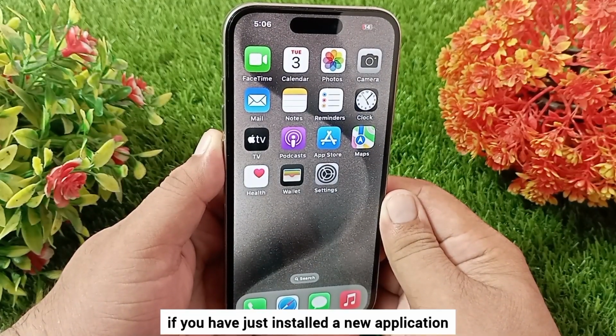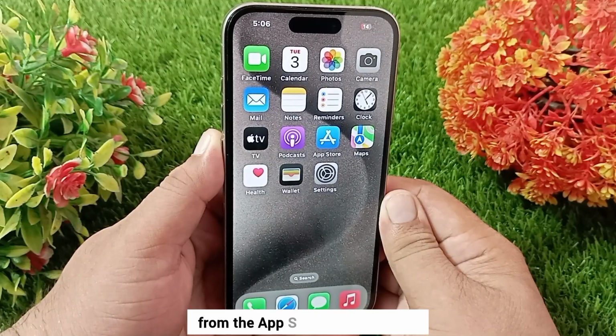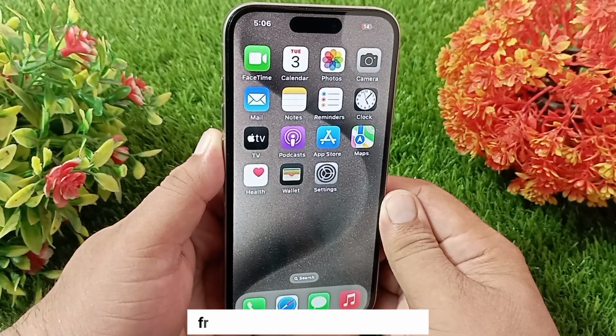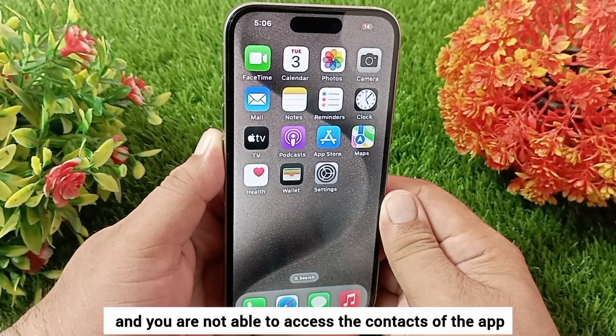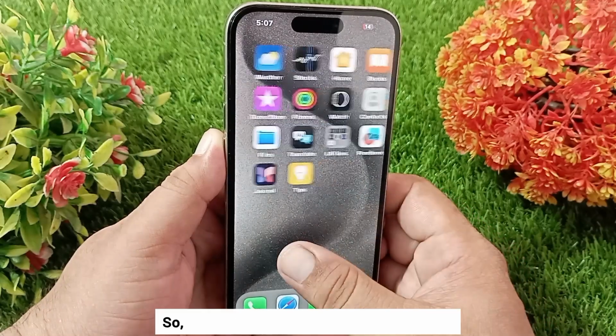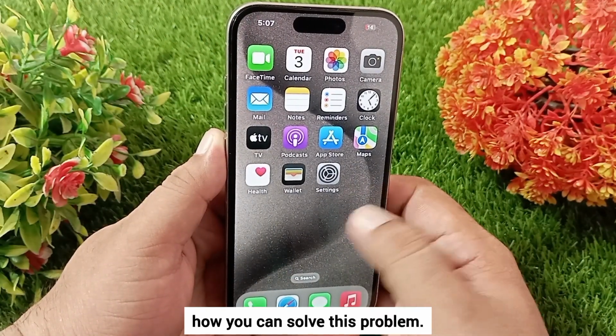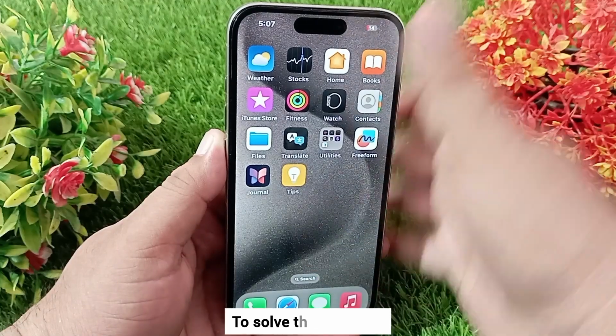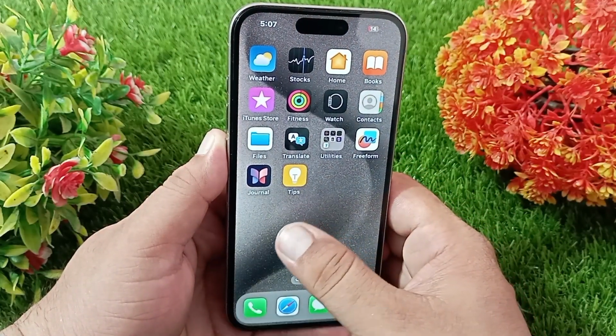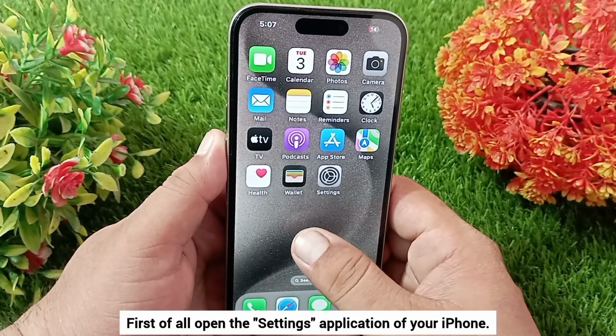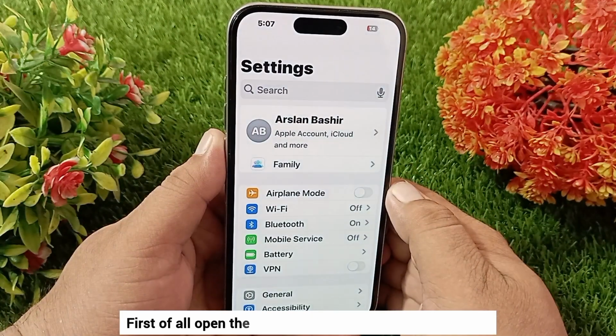Guys, if you have just installed a new application from the App Store in your iPhone and you are not able to access the contacts of the app, in today's short video, I'm gonna tell you how you can solve this problem. So guys, to solve this problem, first of all, open the settings application of your iPhone, then